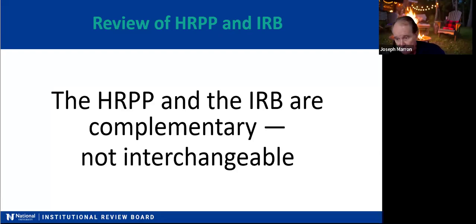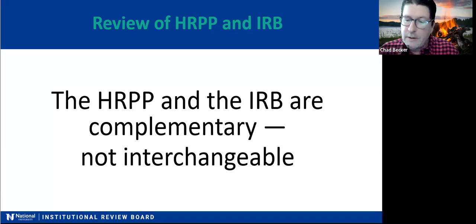So if it is human subject research, it requires an IRB review. And again, I think the other point we've tried to make is how multidisciplinary we try to make all aspects of both the HRPP program and the IRB board itself here at National. Yep, absolutely. And if you do have a study that does not involve human subjects research, but you are going